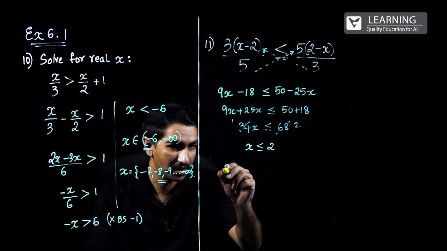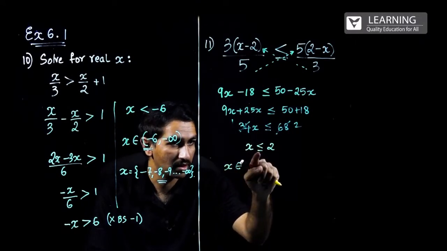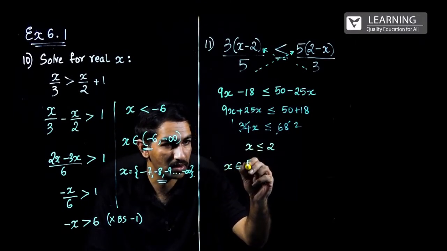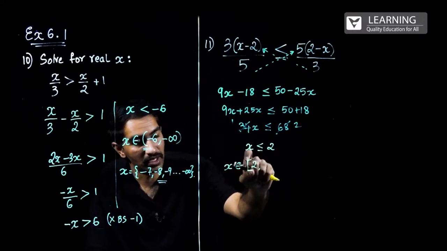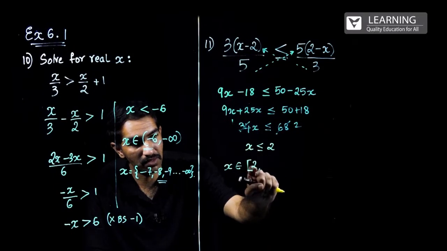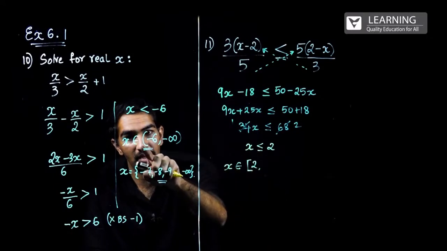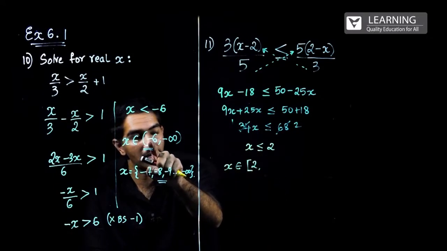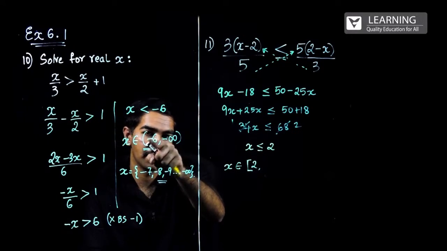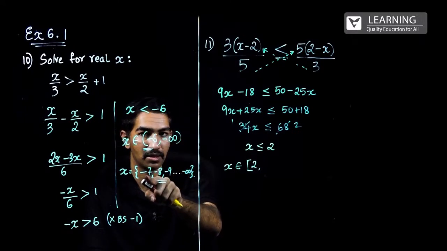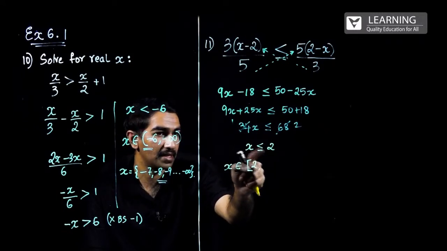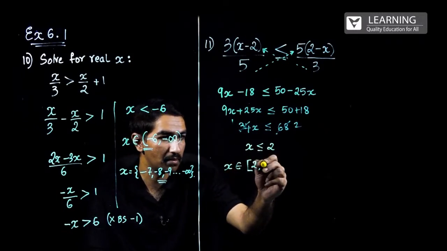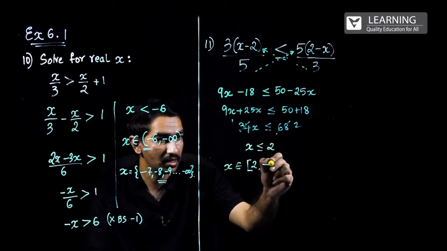So here we can write x belongs to. We have an equal symbol, right? Open the square bracket, 2 means we are including 2. Whenever we have the square bracket, it means we are including this number. Whenever we have a curved bracket, it means we are not including this number, we are leaving this number. So after this number, we are including minus infinity. Square bracket means we are including this number. Lesser than or equal to 2, lesser than 2, minus infinity